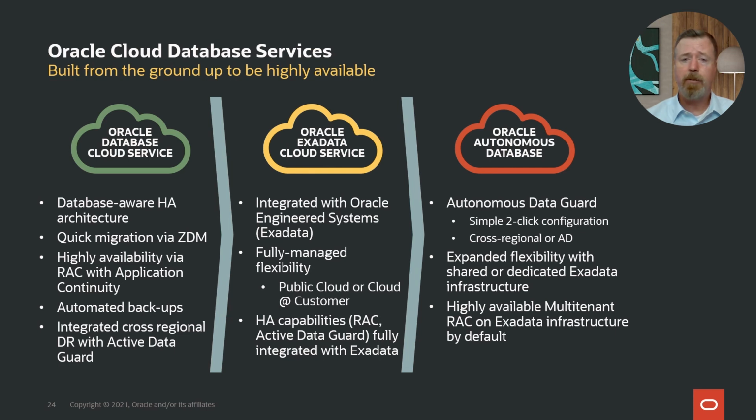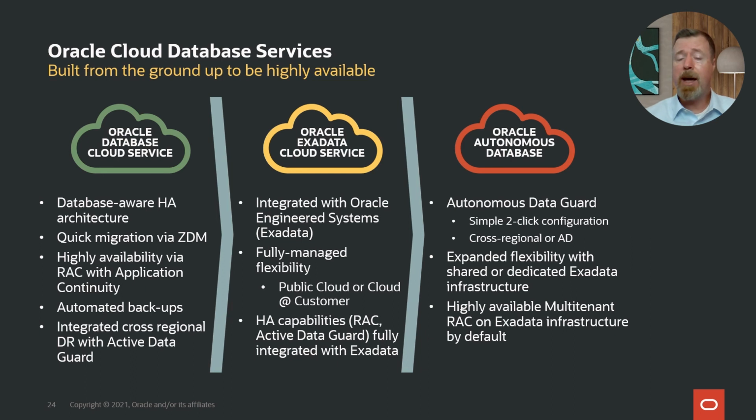through our control plane. Now, we build on that with the Exadata Cloud Service by changing the foundation to Exadata, with all the rich benefits of performance, scalability, and optimizations for the Oracle database, and all the different HA and DR technologies that run within it, to the cloud. It's very easy to move from Exadata on-premises to Exadata Cloud Service. And you have choices. You can do the public cloud, or you can do Cloud at Customer, or ExaCC as we call it, to run Exadata Cloud Service in your own data center.